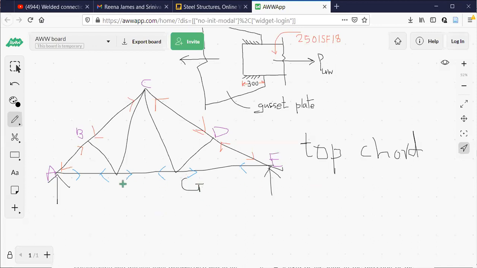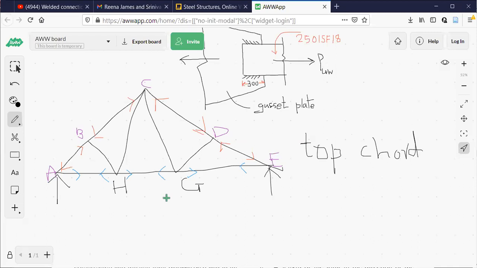I'll write G here, H here. Bottom chord members are A, H, G, F. Four members are there. We call them bottom chord members if the truss is simply supported.